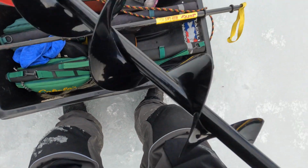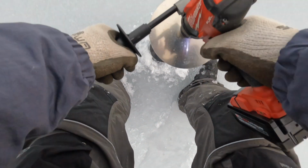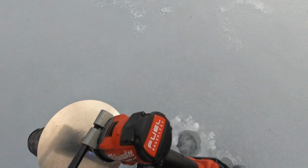The water here is clear, but I'm gonna drill a bunch of holes and see if I can land on some fish. And what I'm fishing here is basically a weed flat, but it's not uniform. There's areas with mud and areas with green weeds, areas with dead and dying weeds, and everything in between. There's kind of like weed fragments on the bottom sometimes, or you see different kinds of weeds and they don't do as well in the cold, and they're all kind of folded over and laying flat on